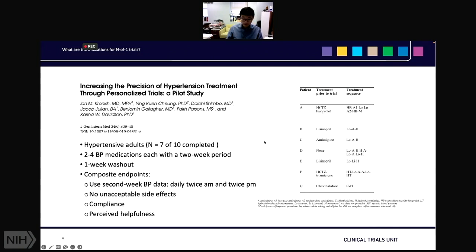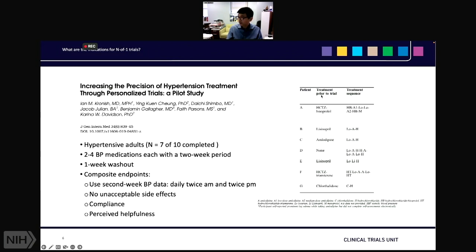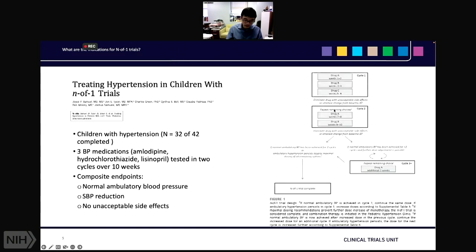The table here shows that some participants are tested with 2 drugs, and some will be tested with up to 4 drugs. Also in this study, we're going to track the BP medication taken by the participant before they started the N-of-1 study. And again, each BP medication will be tested over a 2-week period, during which we'll measure